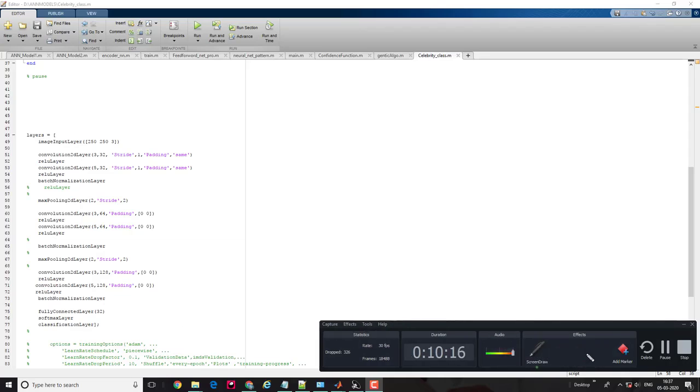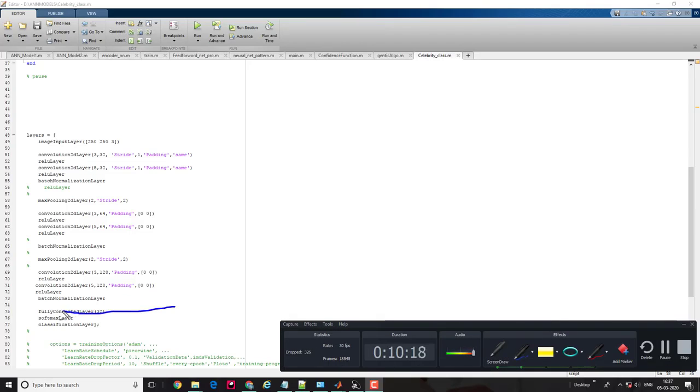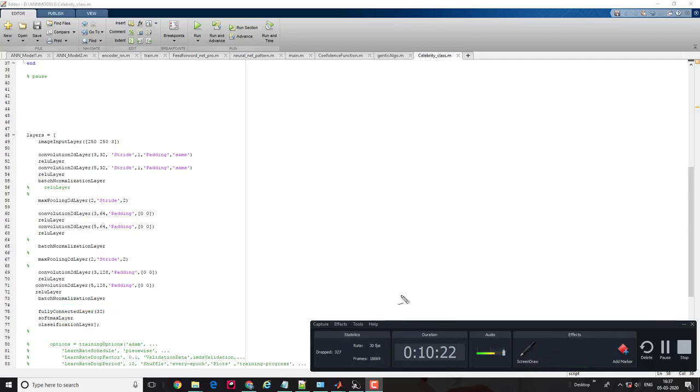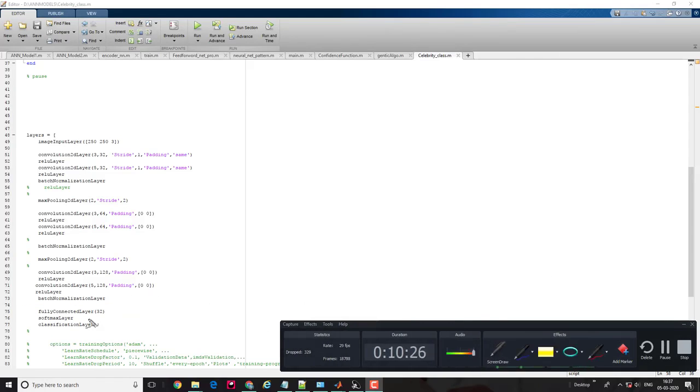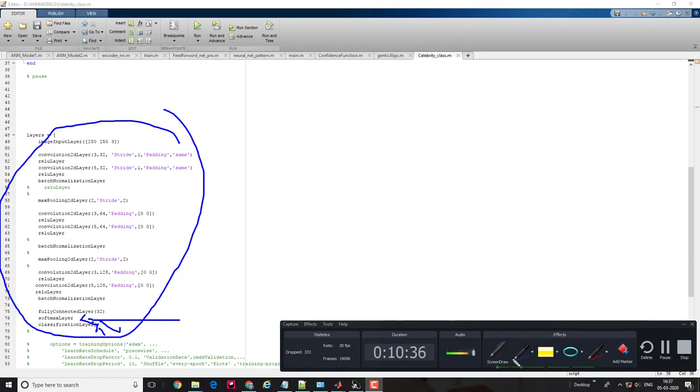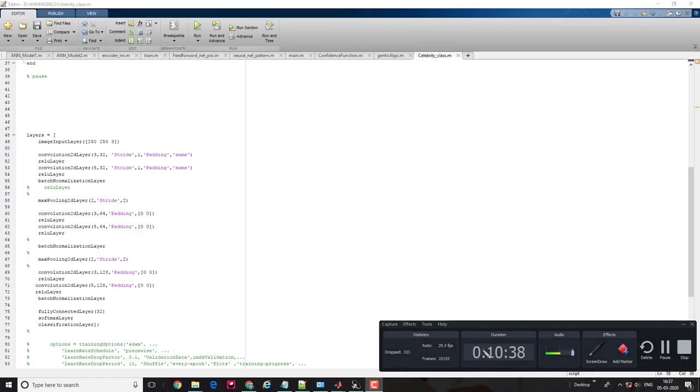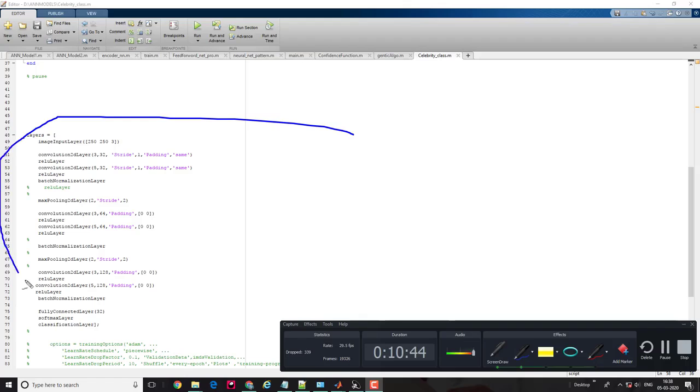Finally, for the classification layer, I have applied the flatten. The dense layer, you can understand the theory of it in the MATLAB help section. Now the softmax as an activation function and the classification layer shall be applied at the end of the layer vector. This is all about the convolutional deep learning neural network. As you can see here, it's really simple to design this neural network.